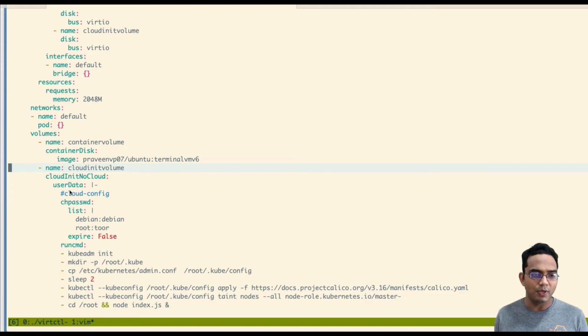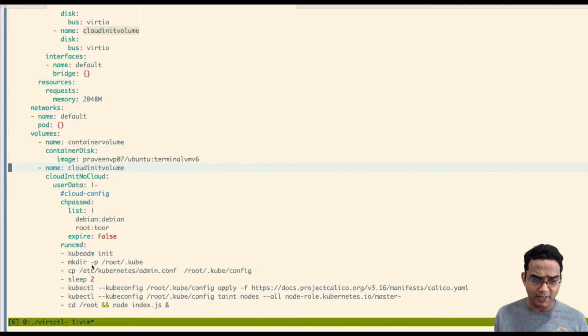In this case, we are saying that as you start the VM instance, you're going to create a volume from this cloud init file and mount it into our VM instance. So I'm going to create a VM instance, and once the VM is booted, we are going to run this cloud init configuration file,